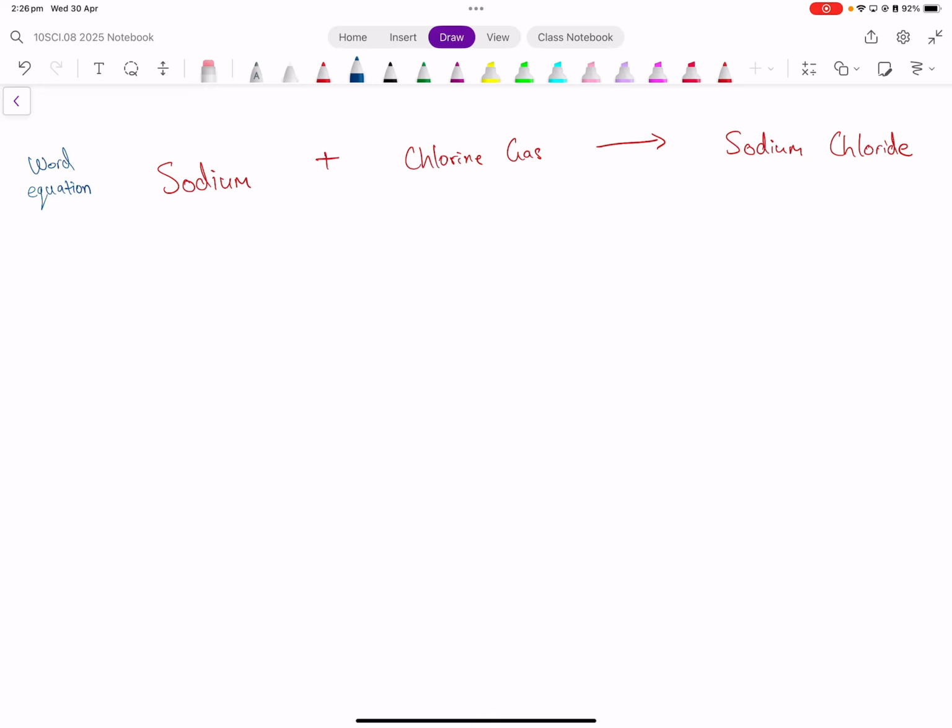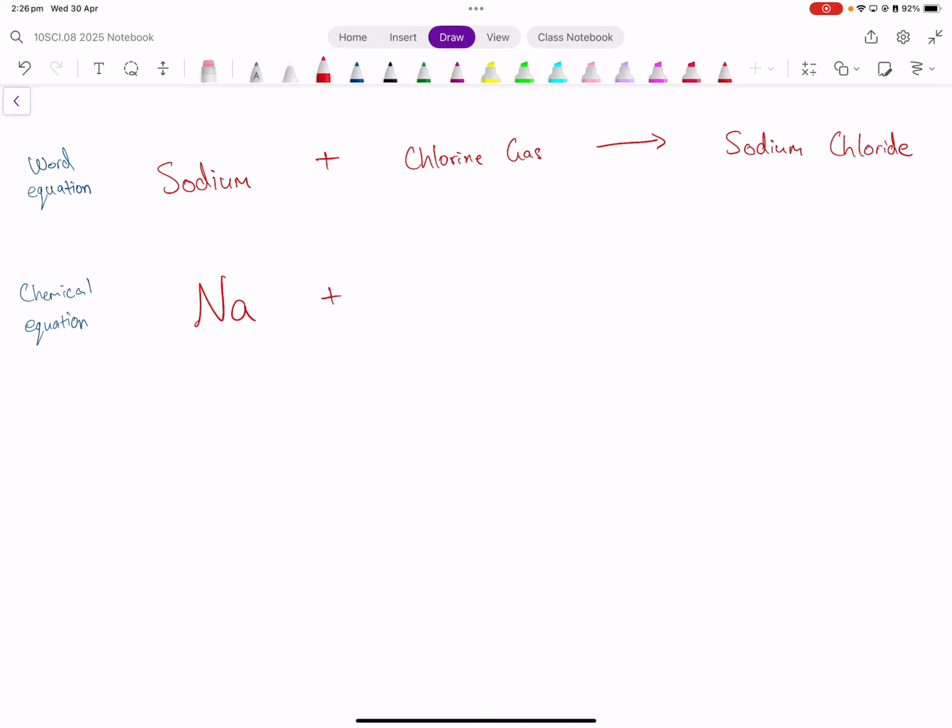What we then do is we start in our next step by writing what we call the chemical equation. The chemical equation is where we take each of these things and we turn it into the chemical symbols. So you need your periodic table in front of you. When we look at sodium on the periodic table, you would see that sodium has the symbol of what? Na. So we write Na